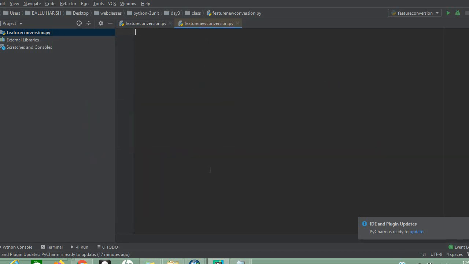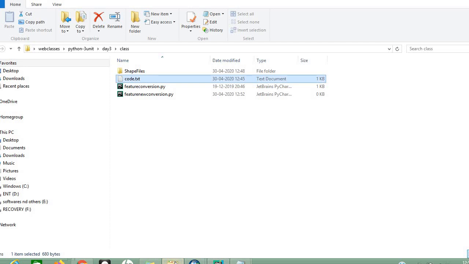Now if you want to use Python code for ArcGIS, we need to use a module. I hope you are all clear about the module from yesterday's session. We need to import the module that is the combination of Python and the Arc environment. It's not ArcMap. That module is ArcPy. Import arcpy. Without this module, we cannot work with the Arc environment using Python.